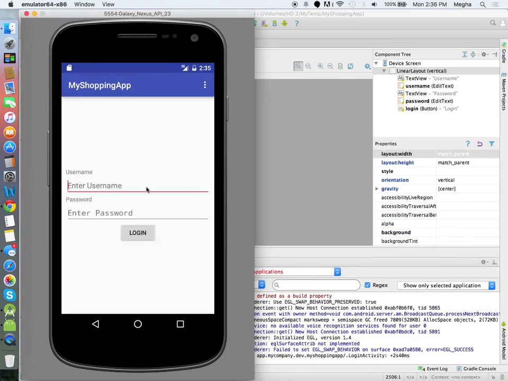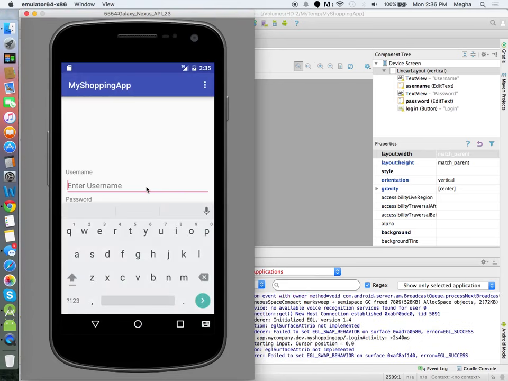Okay, now you have your username. Here is a problem. The username field actually hides one more field. The password is now hidden by your software keyboard. Sometimes the user may not know about this button to move the focus.